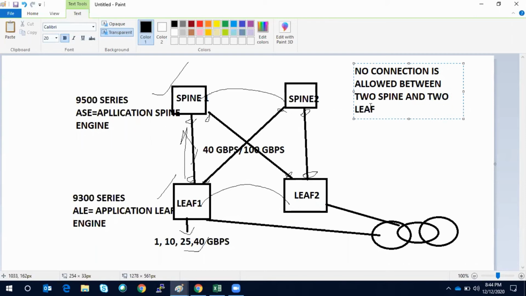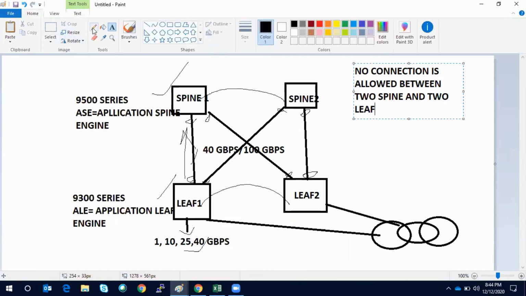That means spine to leaf and leaf to spine is fine. That is required, but this is not allowed. Fine, everyone?